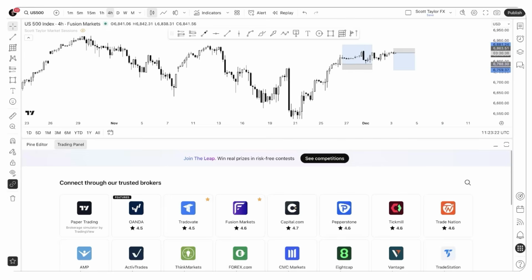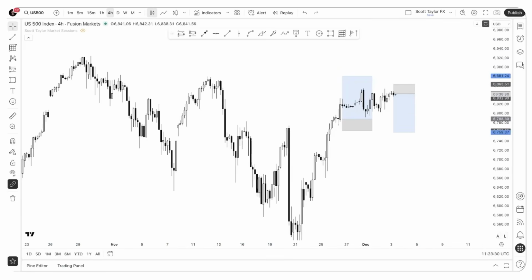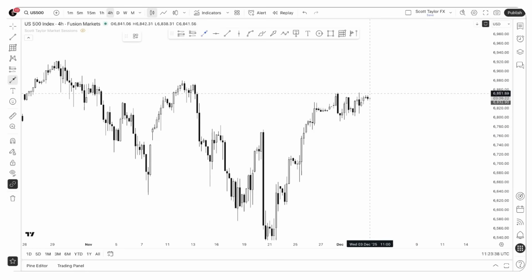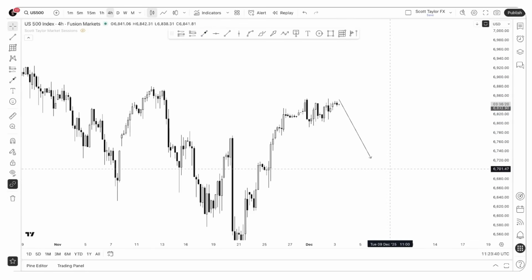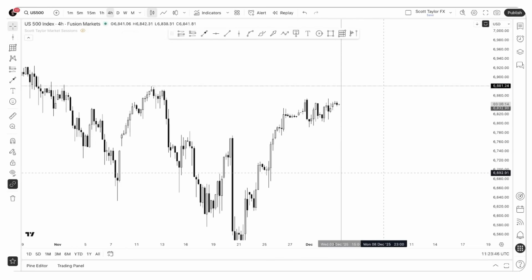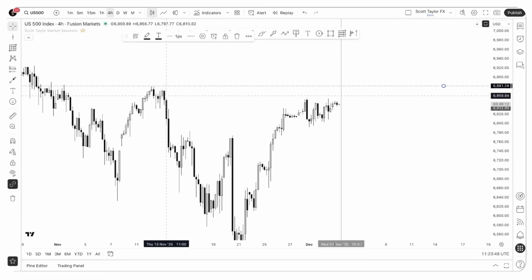Next to trading panel, it will show another button that obviously isn't there right now because I'm not logged into a broker feed. It will say the word trade, and then there will be a panel on the right pop up here where you can execute your positions. But for now, you don't need to know that. Other drawing tools, we have the arrow, just to simply draw on an arrow. We have horizontal lines, and we have vertical lines,